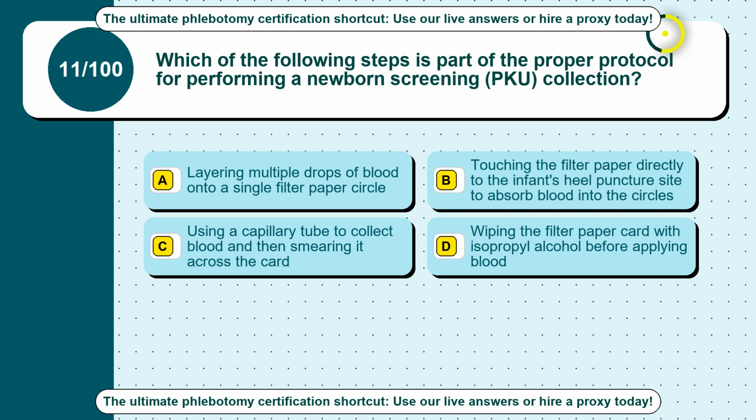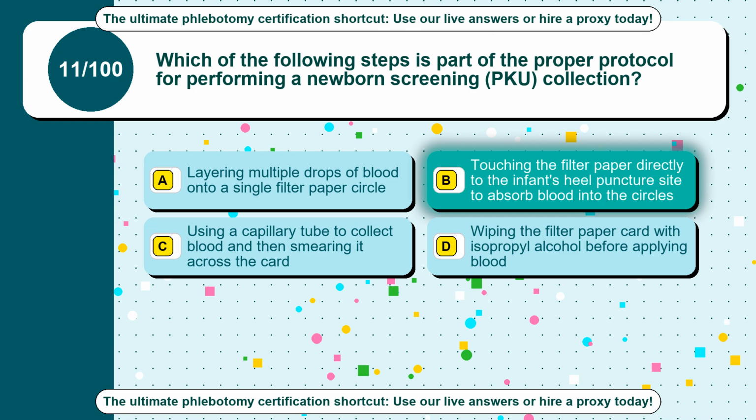Option B, touching the filter paper directly to the infant's heel puncture site to absorb blood into the circles. Option C, using a capillary tube to collect blood and then smearing it across the card. Option D, wiping the filter paper card with isopropyl alcohol before applying blood. The correct answer is option B, touching the filter paper directly to the infant's heel puncture site to absorb blood